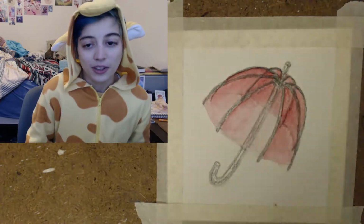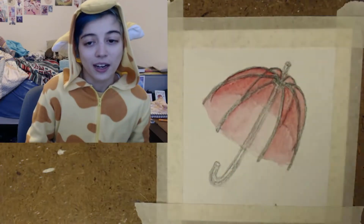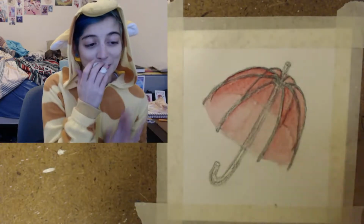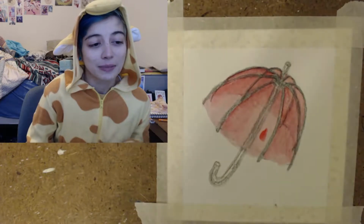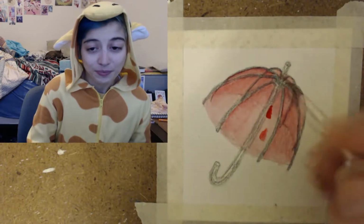this was fun to play with. To me, and I'm not super experienced so I could be wrong about this, it felt a little bit like ink. I don't know, like using ink. But